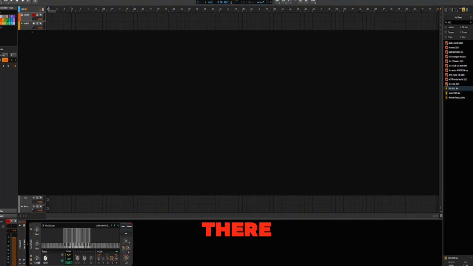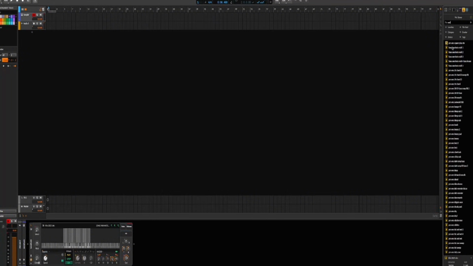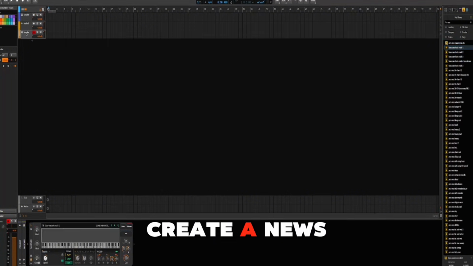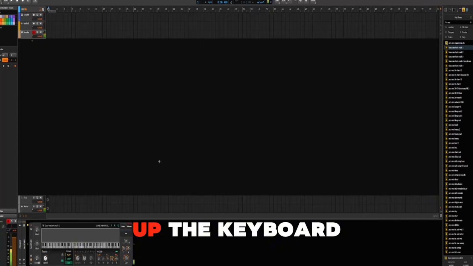I'm going to drag that onto there, make it dark blue, and then drag this multi-sample. A multi-sampler is like a sampler that has loads of samples up the keys. Or Bitwig's got this thing, let me just show you quickly, where bass one shot, if I drag that onto the create a new thing, you see that it looks like it's only got one region, but if you open it up you can see that it's got all of these layers, and what that means is that you can play up the keyboard,